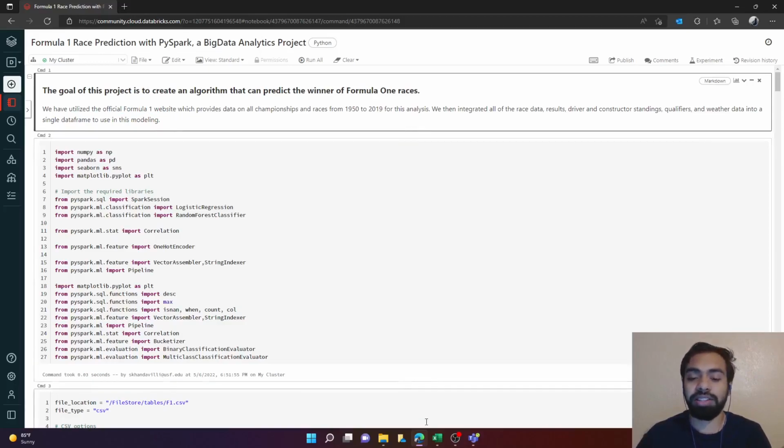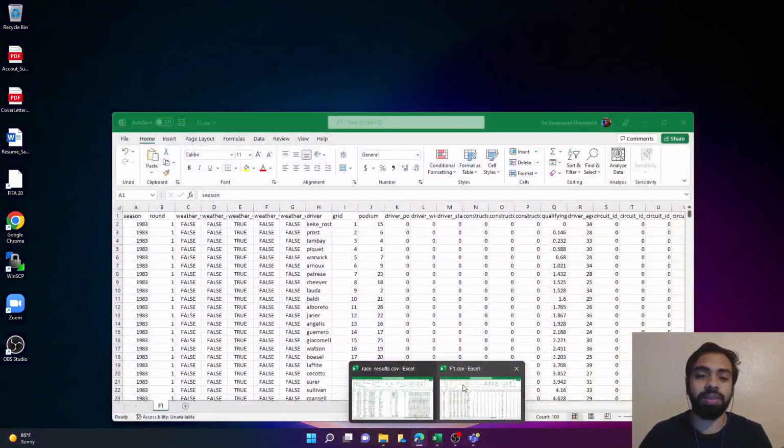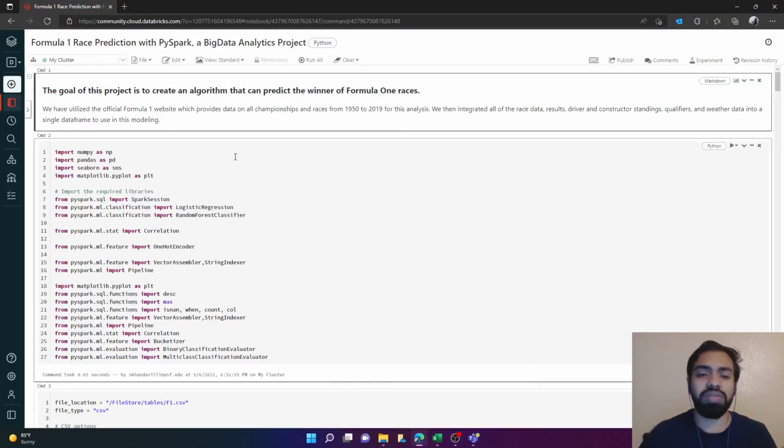We had access to the Formula One race results data and also the final data. We just had to compile together all the race, win, weather data, constructors and qualifying results, everything. We won't be using everything, but we will be using many of those columns to predict our race winners. This is a classification problem, and we will only be predicting who will be winning the race.